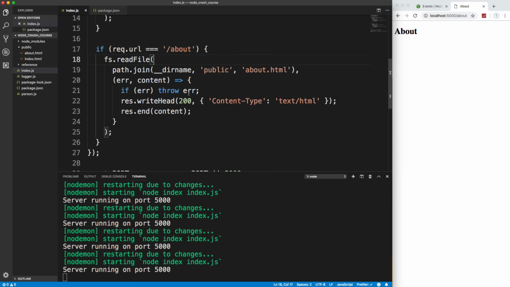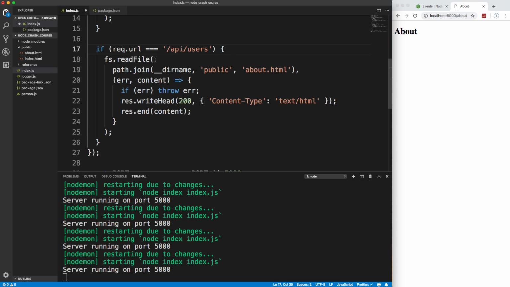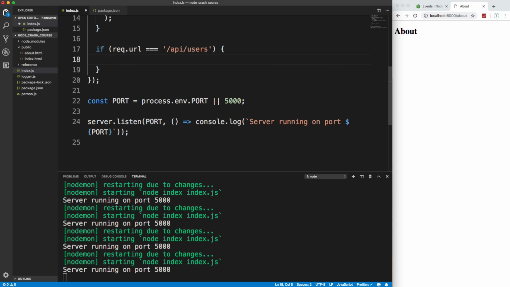Now, let's say we wanted this to be like a REST API. So we wouldn't be serving HTML, we'd be serving JSON. So let's change this to if slash api slash users. Let's get rid of this stuff. So normally what we would do is fetch data from a database and serve that. However, I'm just going to hard code in, let's say, users